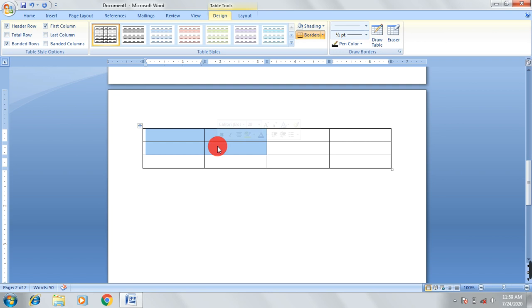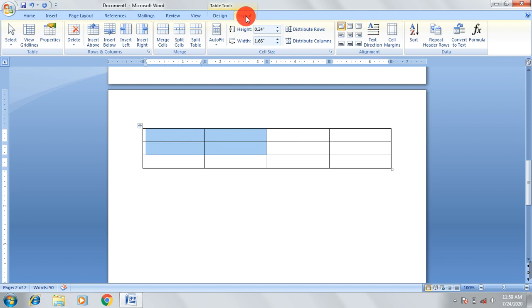First of all, you have to select two or more cells as per your requirement to merge them, and after selection, click on the Layout tab, and in the Merge group you can see the option Merge Cells. Just click this button, and now you can see the change. All those four cells are combined together, and here you get the single cell. So this is how you can merge. First you select cells, and then go to the Layout tab and click on Merge Cells.